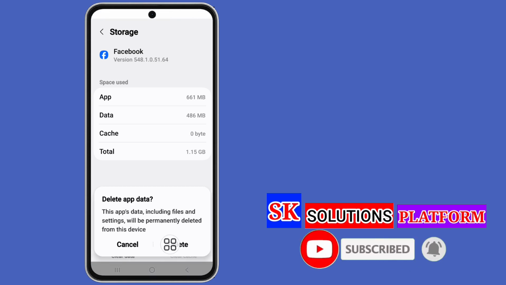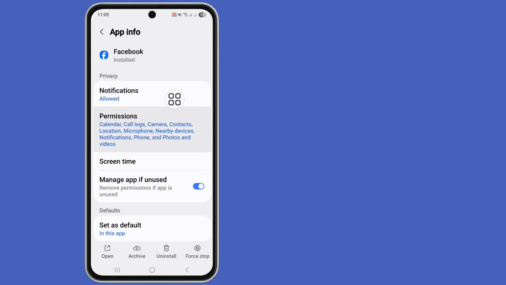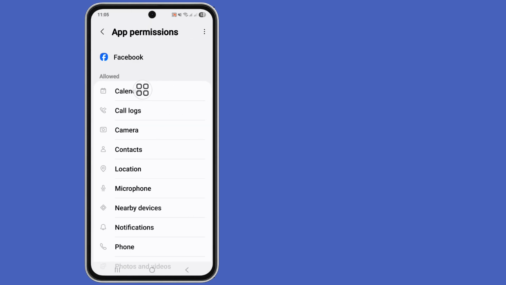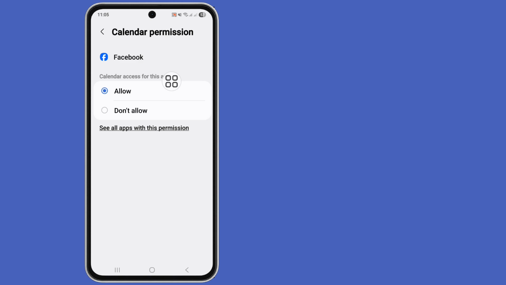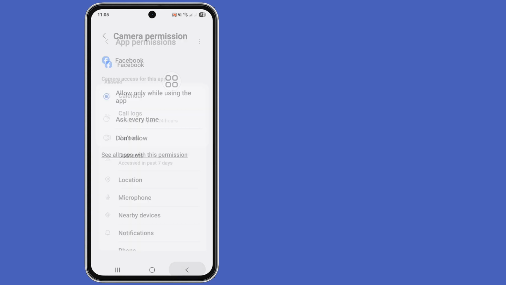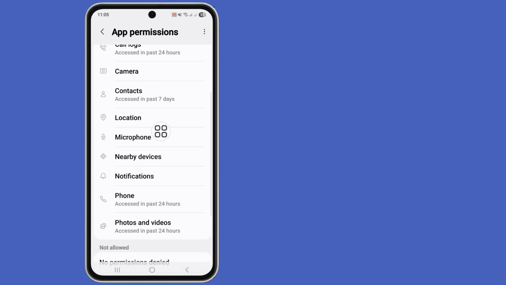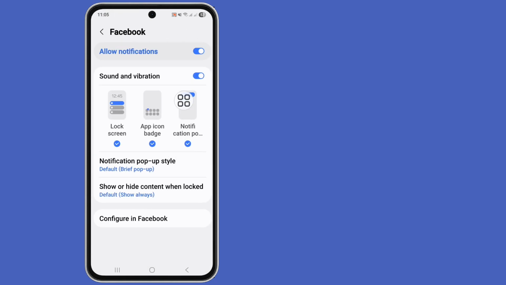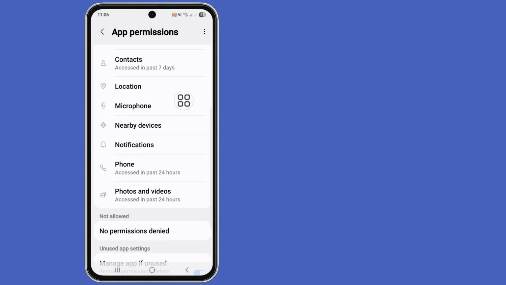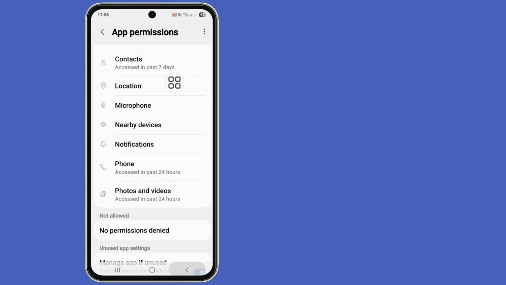delete. Okay, go back and now tap on the permission option and allow all permissions. First calendar, allow, back; call logs, allow, back; camera, allow, back; contacts, allow, and another: location, microphone, nearby devices, notifications, turn on and back; phone, photos and videos, allow all permissions. Okay, go back and